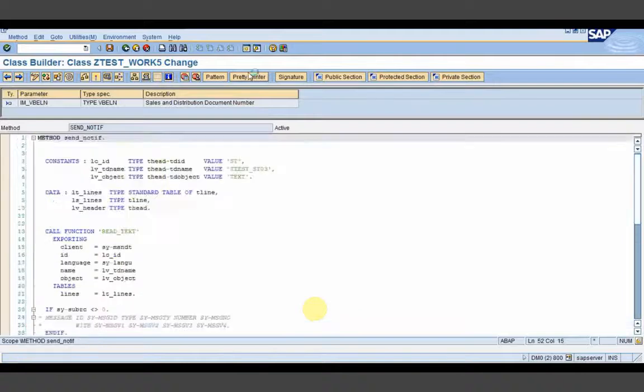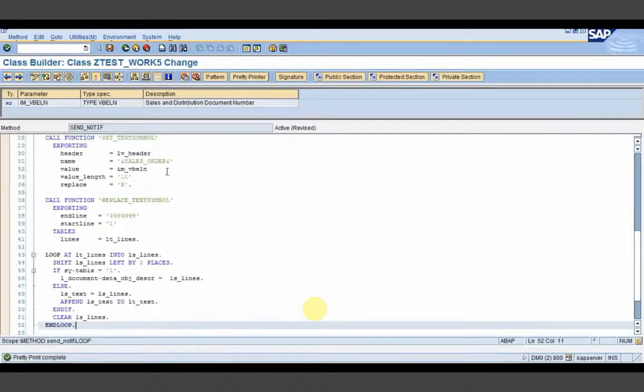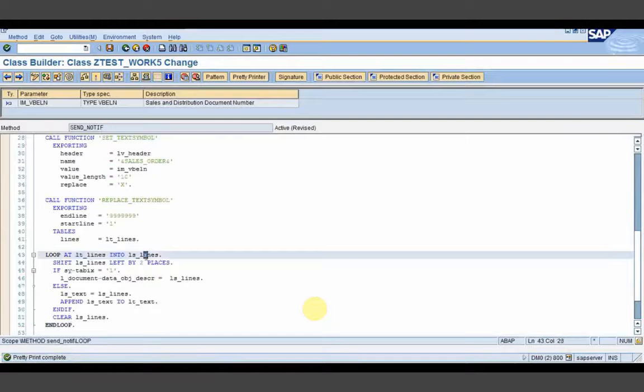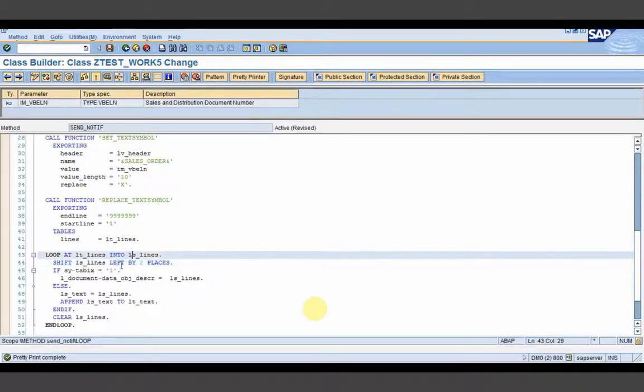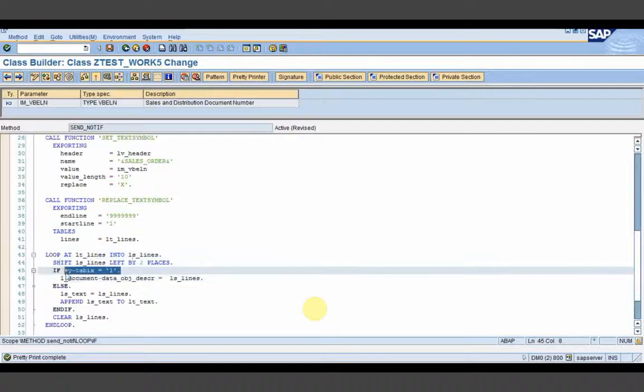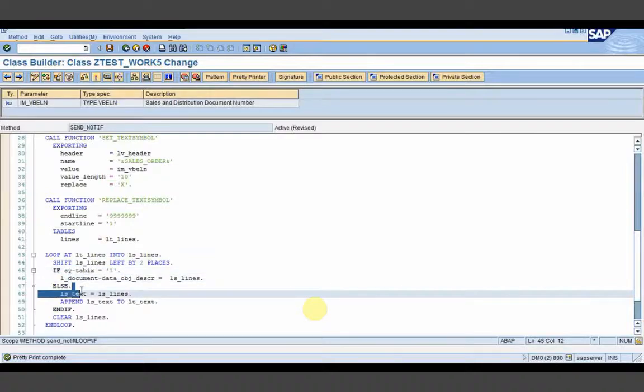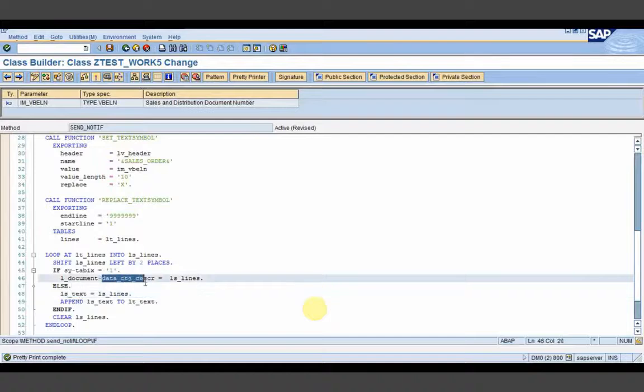Here what I have done, I have looped through this internal table and shifted this work area by 2 places, because the first 2 places contain the asterisk symbol. So you first have to shift it, and if sy-tabix is 1, it means the first line is read and that is the subject line. So I have populated it here in the object description.